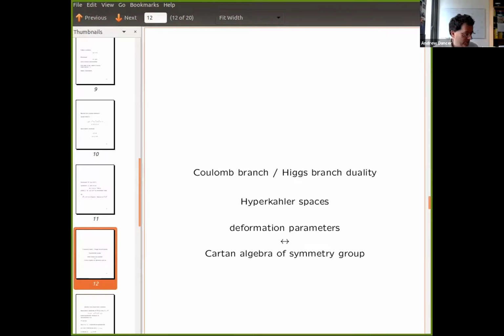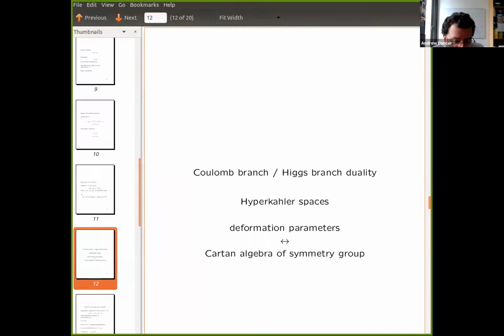Okay, well now I get up to what we're researching, and now I make contact with Amihay's talk. It turns out that for Hyperkahler spaces, there's a very interesting kind of duality. So Ali alluded to this in his talk. It's the duality between Coulomb branches and Higgs branches. And certainly for a large class of Hyperkahler spaces, roughly speaking, these Hyperkahler cones or possibly deformations of them, they come in pairs. We have this duality between them coming from physical considerations.